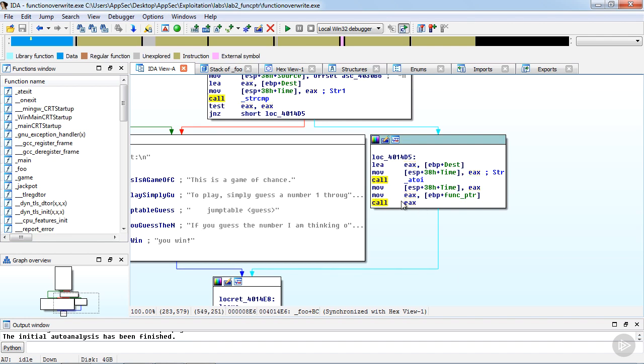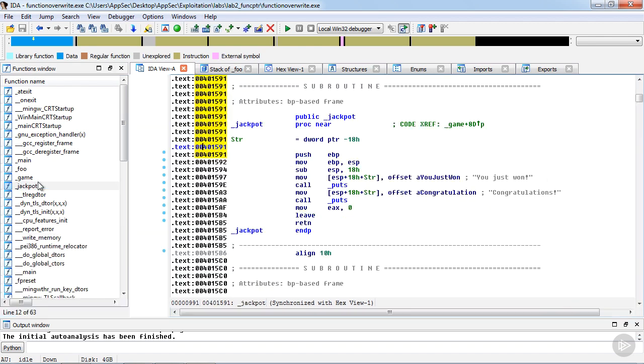So this is where we want to take control, hijack control of the program. And we could do that in various ways, but for now, we just want to get this jackpot function called. So we see that I was able to identify the name of that as well. And if we hit the space bar to go to the flat view, we see that the address of jackpot is